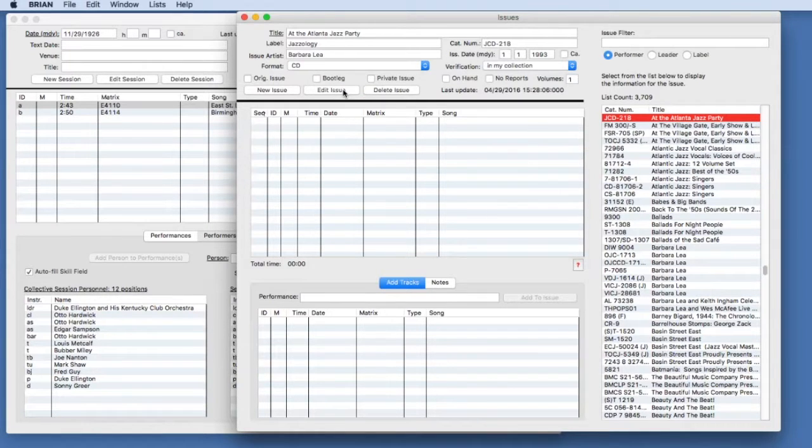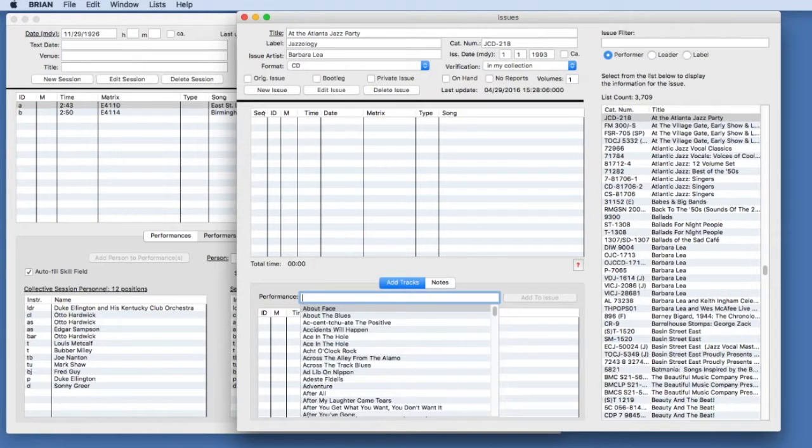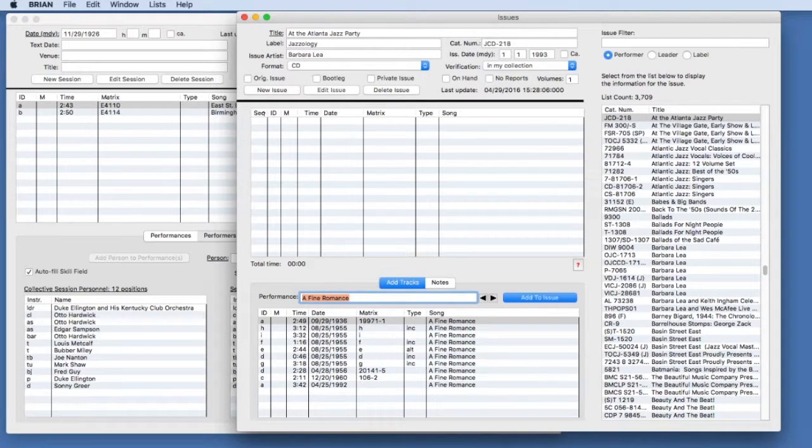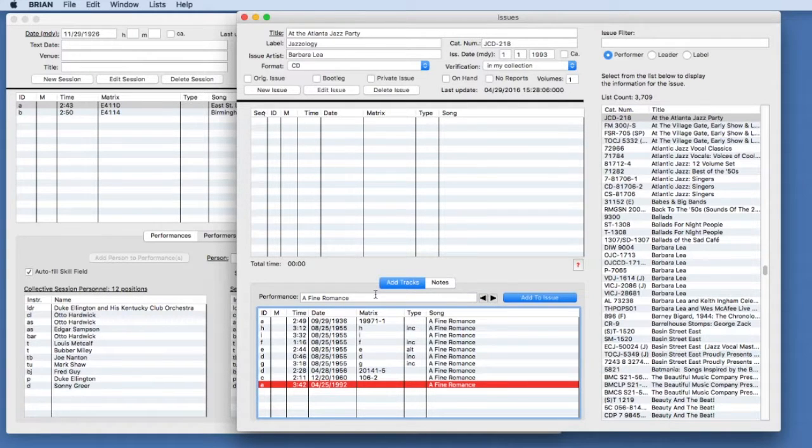We can then go on to enter tracks for the issue. One way to enter tracks is to use the Performance Lookup field. This lookup field will only show songs that have been entered as session performances. The first track on the CD is A Fine Romance. We select that in the lookup field, and the list box below will be populated with all the performances of A Fine Romance. Select the appropriate entry and press the Add to Issue button to add it to the track